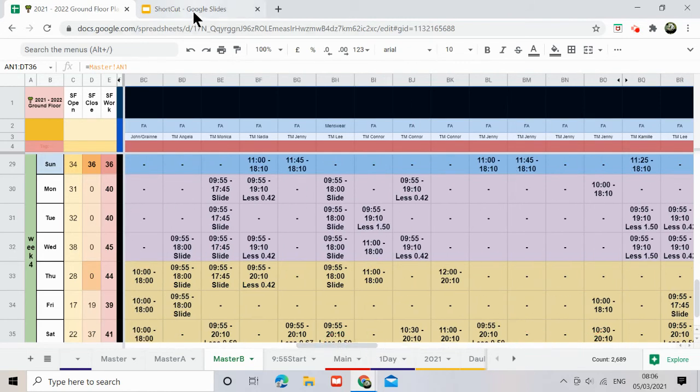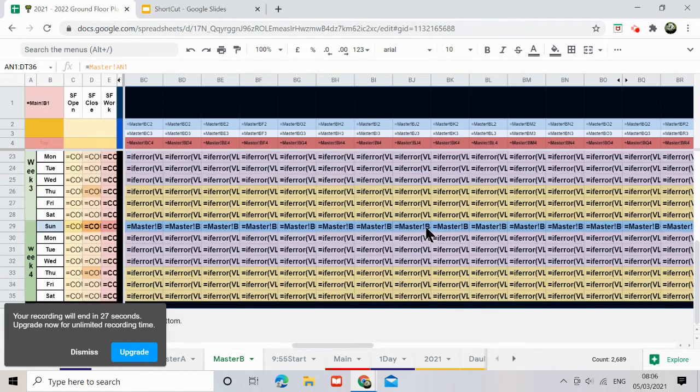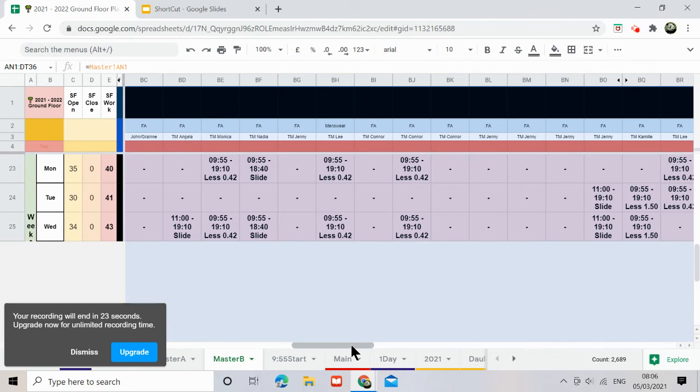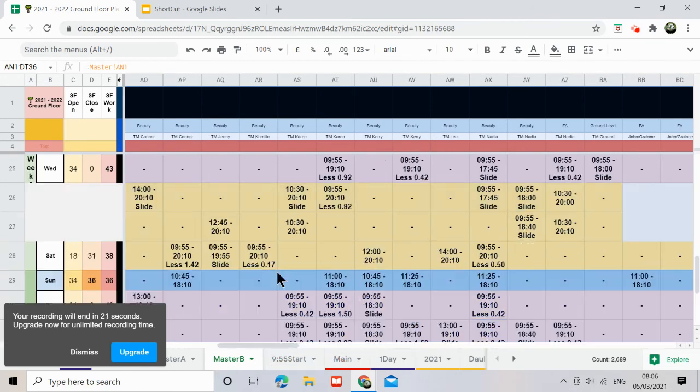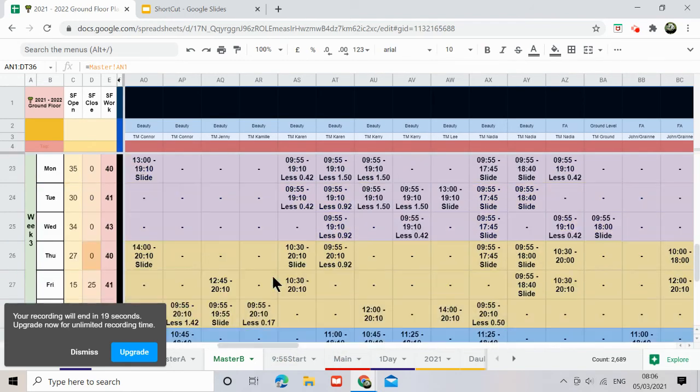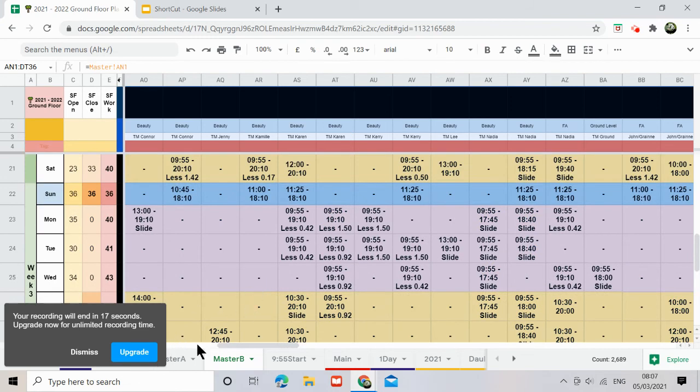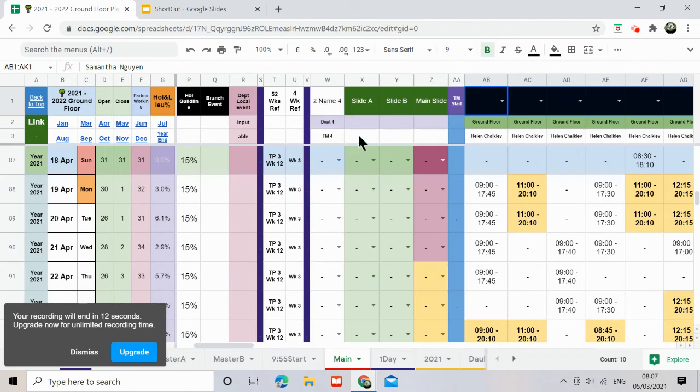And then if I do Control and Add, as you can see, it's all formulas. So this is where I have to remove the formulas. Later I will do that. And then on the main tab, I've got the slide B for you to use. This will read Master Tab B. I'm running out of time. I hope you like it. I will be removing all the formulas in